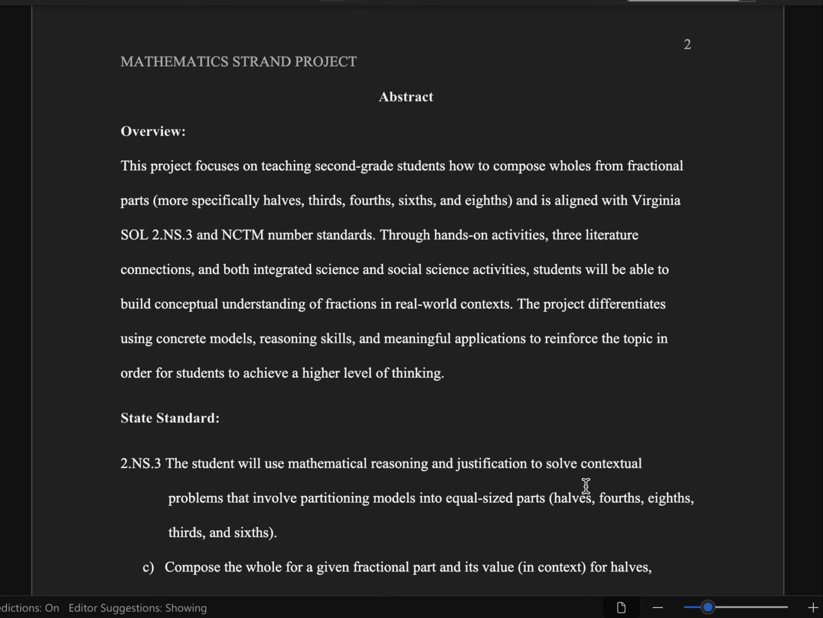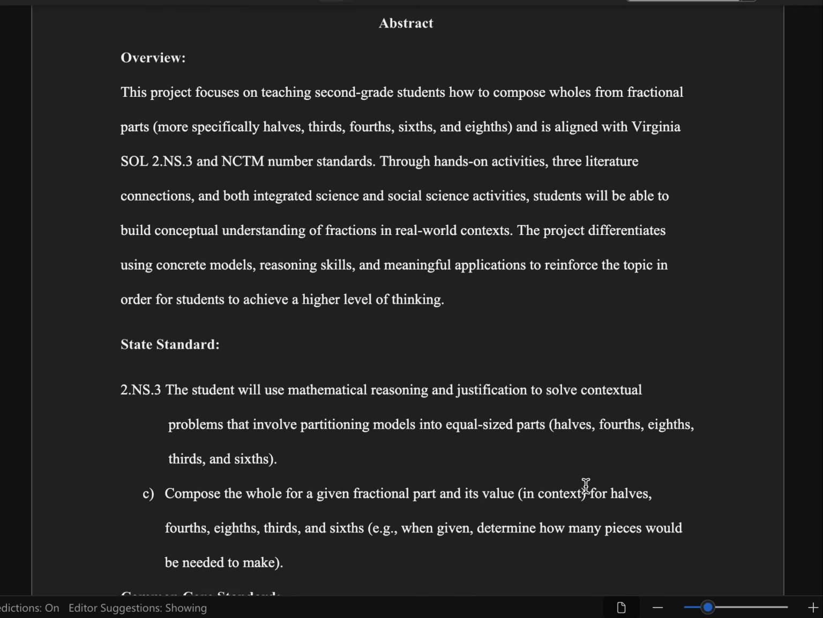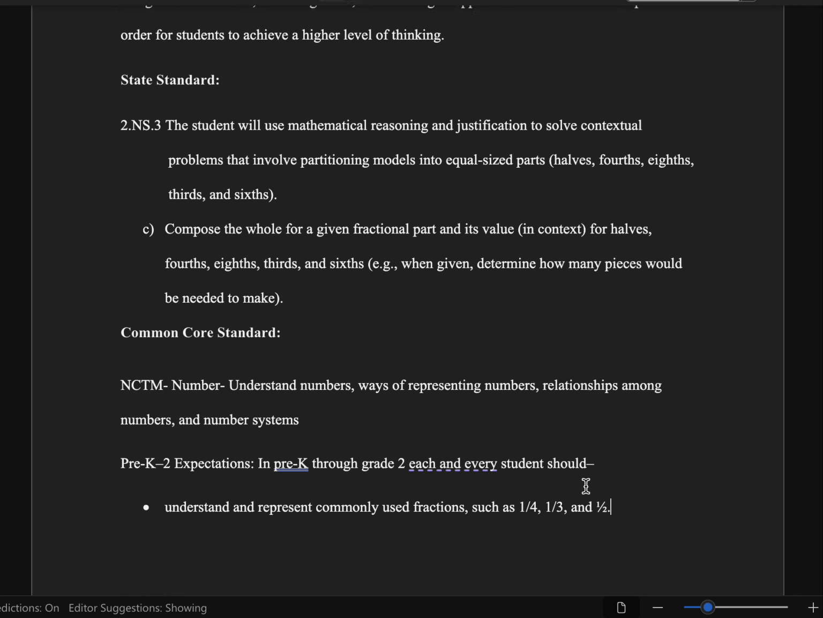So for our project, we chose second grade, and this project focuses on teaching second grade students how to compose wholes from fractional parts. Really, they're just dealing with breaking up whole fractions and knowing how to put them back together and how each part makes up a whole. For the state standard, we used